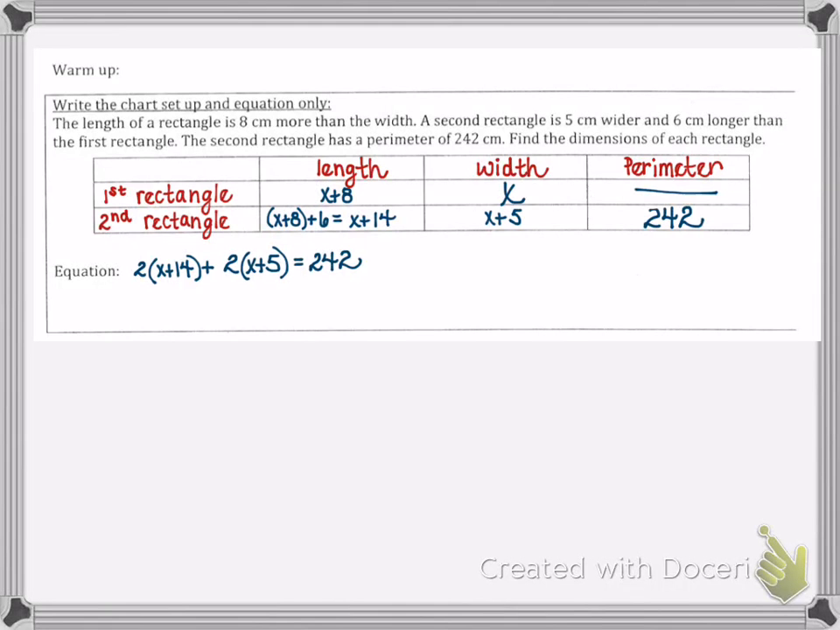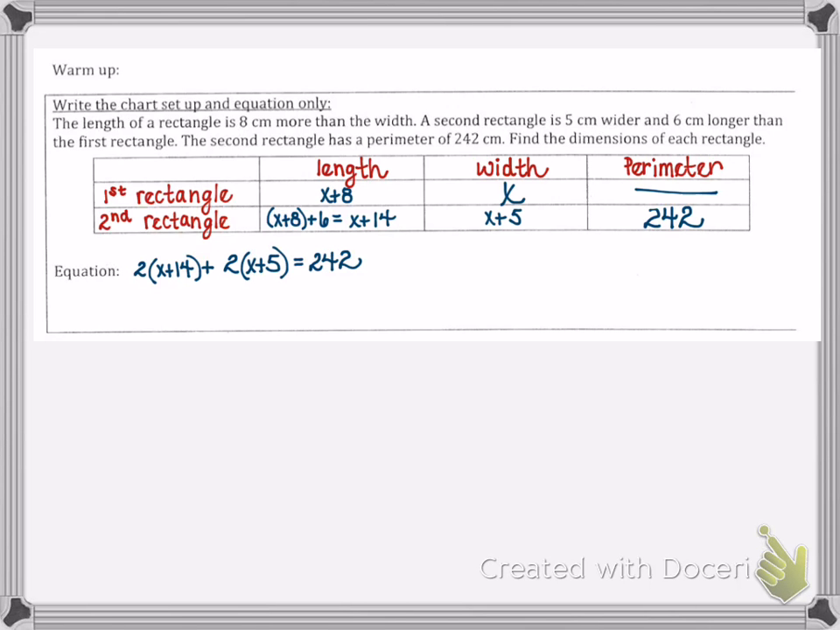So I filled in the information I know. I know that I am talking about rectangles, so I need a length and a width and a perimeter. I'm only told the total perimeter of the second rectangle, so that is the rectangle that I'm going to base my equation upon. I have x plus 8 as my length of my first rectangle, x for the width, whereas the second one is 5 centimeters wider, so it gets x plus 5 and 6 centimeters longer than the first